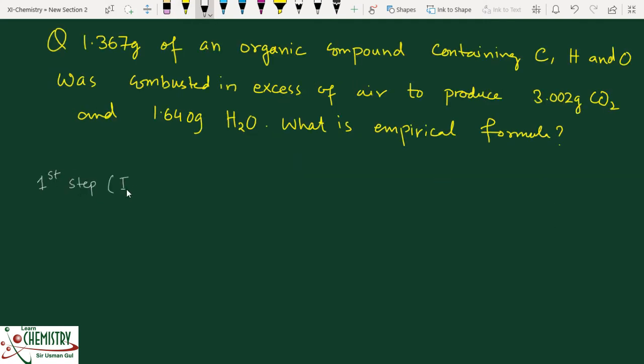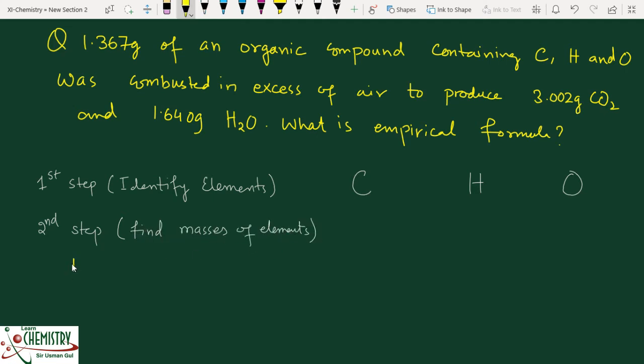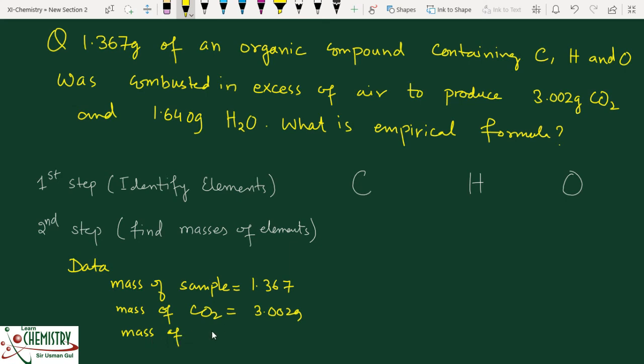Okay, now the first step, identify elements. So carbon, hydrogen, oxygen already given in the question. Now the second step, find the masses of the element. Okay, now first thing we make the data, that mass of sample we have, that is 1.367 gram, and the mass of carbon dioxide, it is 3.00 gram, and the mass of water we have here, that is